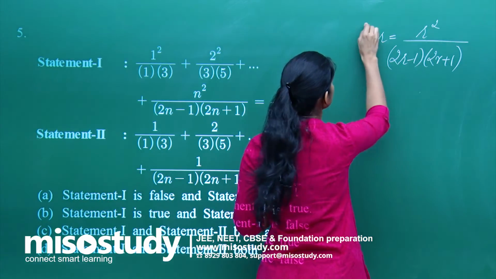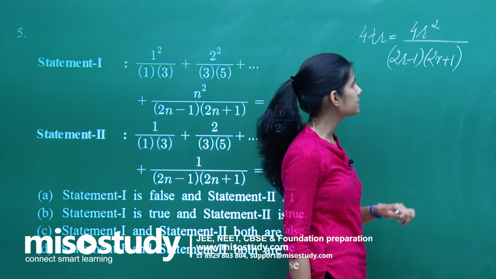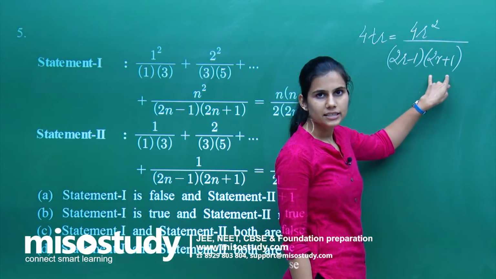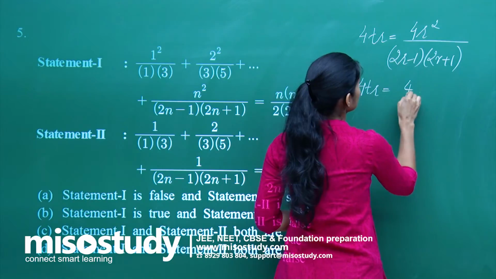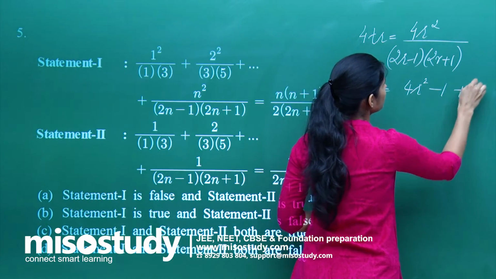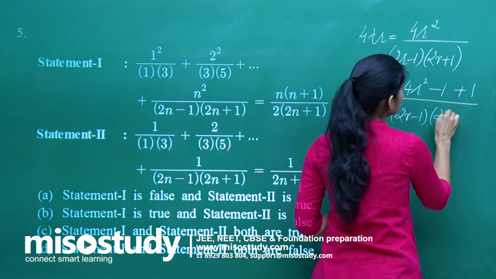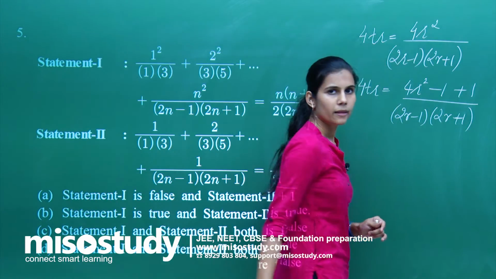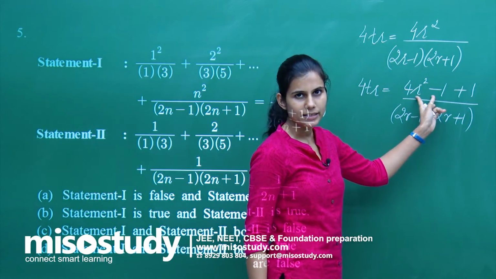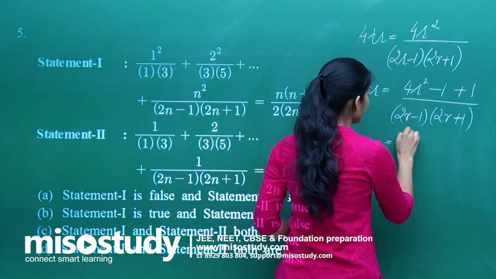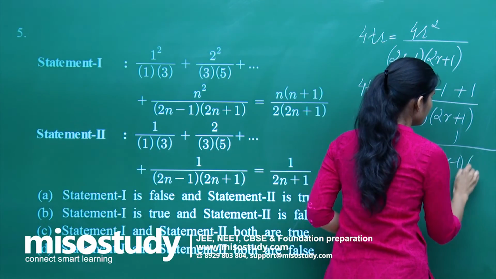So what we do is, we first of all multiply by 4. Why am I doing that? Because when you multiply this, you get 4 times TR equals 4r square upon (2r minus 1)(2r plus 1). So I have created this particular product above also, that is 4r square minus 1 plus 1. Why? Because now I can write this as 1 plus 1 upon (2r minus 1)